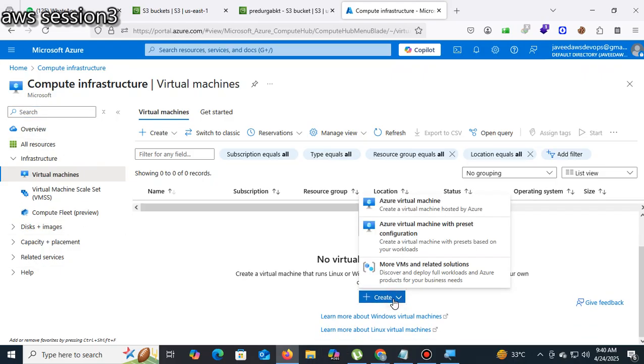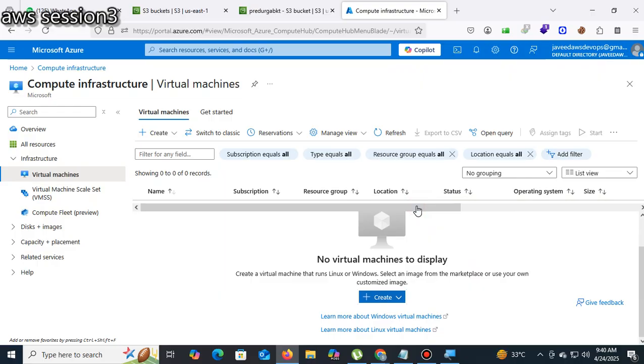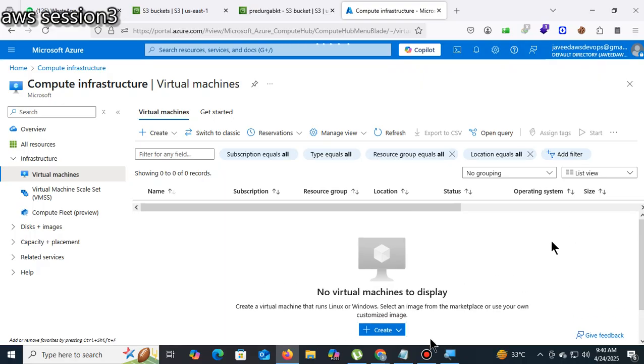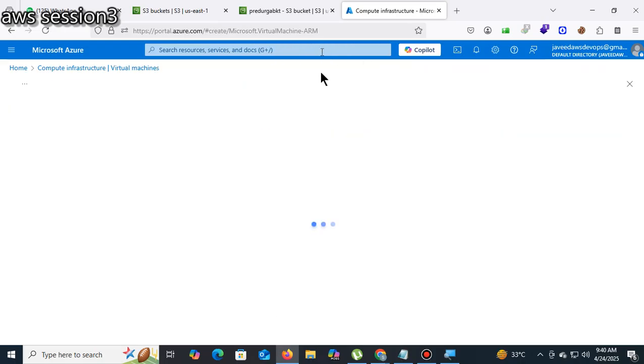Here, create virtual machine. It takes more time compared to AWS. See this loading here.